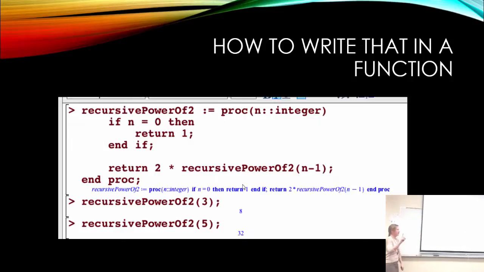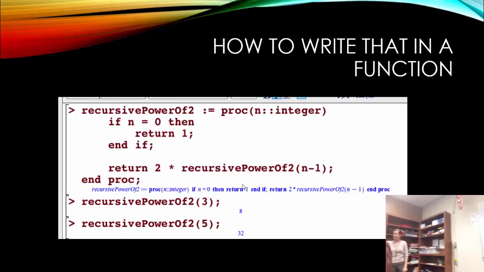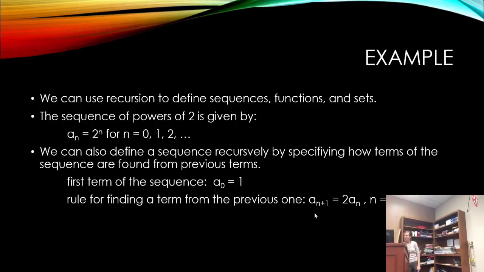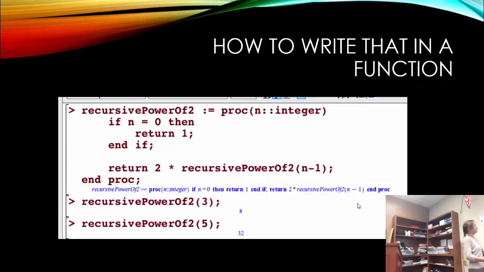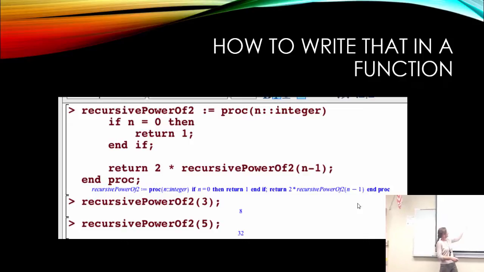And so looking back, a sub n plus 1 equals 2a sub n. And how did this translate to this? 2 times recursive power n minus 1.